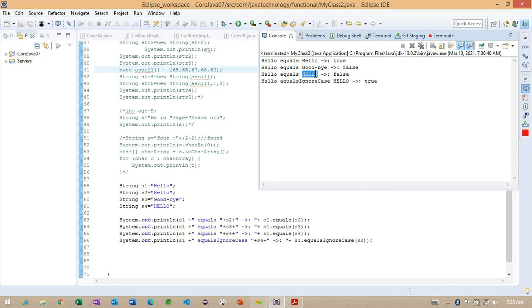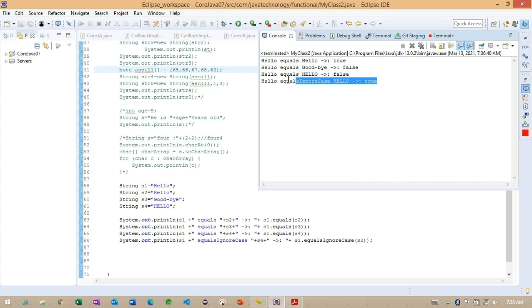Getting the point. So in this case, we can go for equalsIgnoreCase. So what will it do? It will not check for any case. Whether the objects have the same characters or not is what it is going to check, and whether each character in the s1 object matches the s4 object or not.